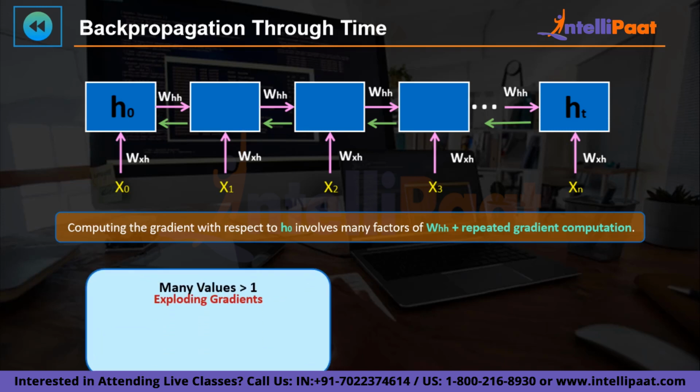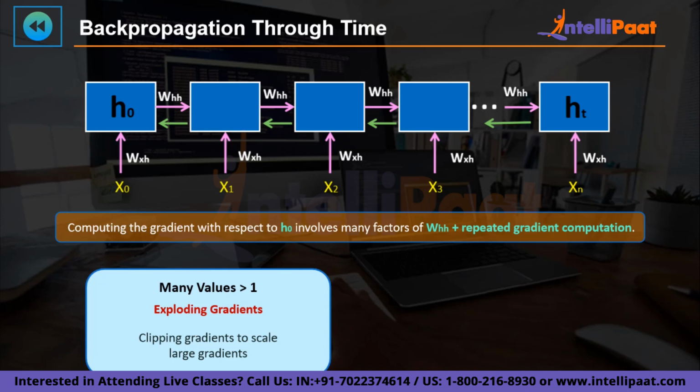The first being that if we have many values in a series of matrix multiplication where the gradient values are greater than 1 or the weight values are greater than 1, we can run into a problem called exploding gradient, where our gradients are going to become extremely large and we cannot really optimize them. The solution to this problem is to do what is called gradient clipping. It is the process of effectively scaling down the values of particularly large gradients to try and mitigate this risk